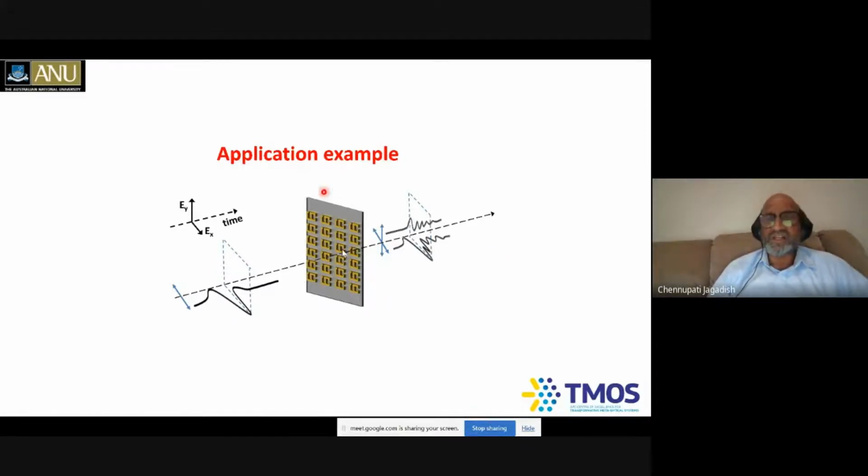We design a terahertz metamaterial. You send a terahertz pulse through this one. The terahertz pulse interacts with the metamaterial and it changes the polarization state of the terahertz pulse. So by using our detector, we measure both X and Y polarization of the changed state. Thereby you learn what type of terahertz metamaterial you've got, or otherwise what type of biomolecule or chemical molecule you're dealing with, for example.